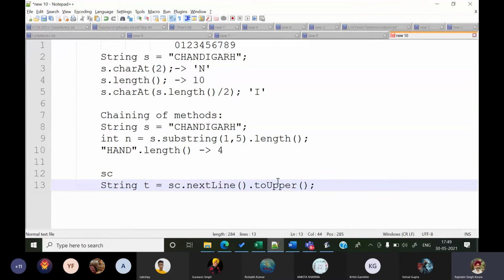Convert what? The string we asked from the user. The string the user has entered will become the invoking object for the toUpperCase function. So if the user enters hello, it will take hello as the invoking object for the toUpperCase function, and this is going to return and store it into t.